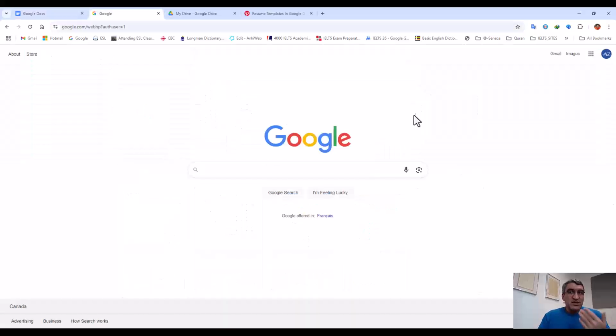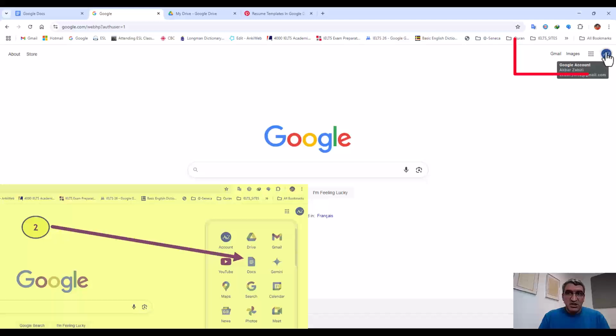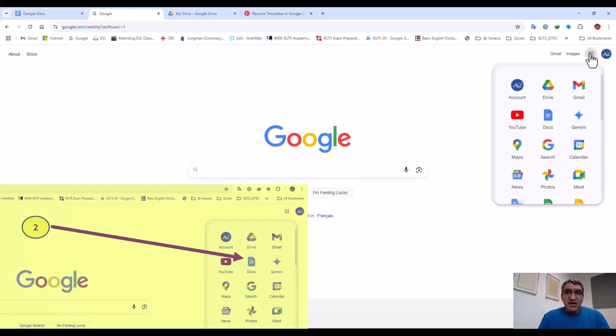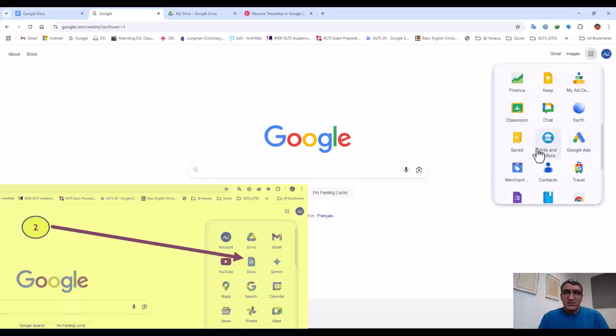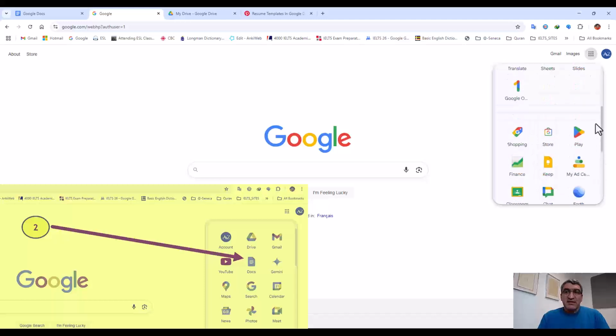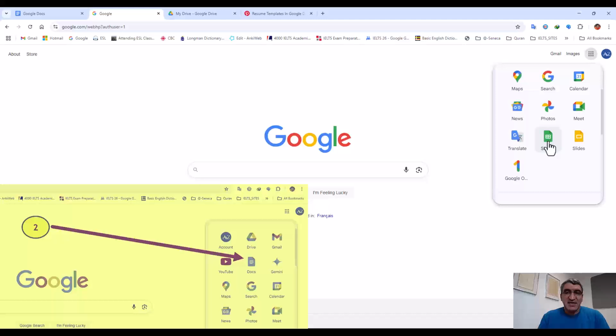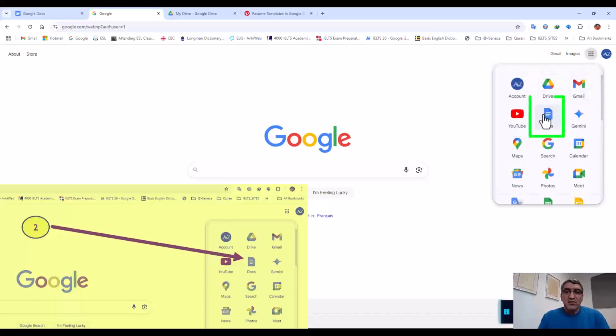So the second way is your Gmail. When you are on the Google web page and you are on Gmail, you can see your name or picture here. There is a grid icon here, Google apps. If you click here, you will see lots of tools, for example, Gmail, Google Drive, YouTube, Maps, Search. If you go down, you can see more, for example, Classroom and Finance, and Forms, Slides, and Sheets. Sheets is the same as Excel, and Slides is the same as Microsoft PowerPoint. And one of them is Docs, the same Google Docs.